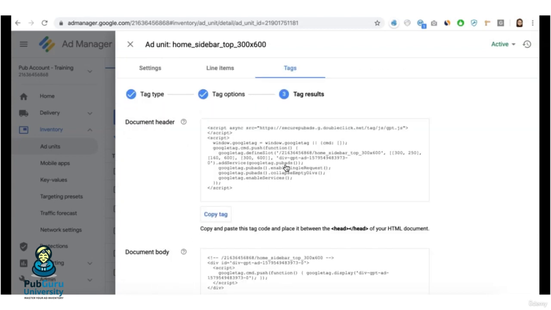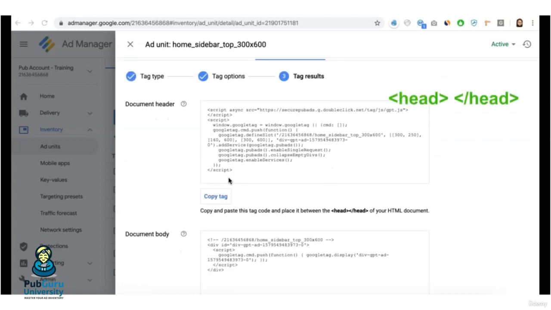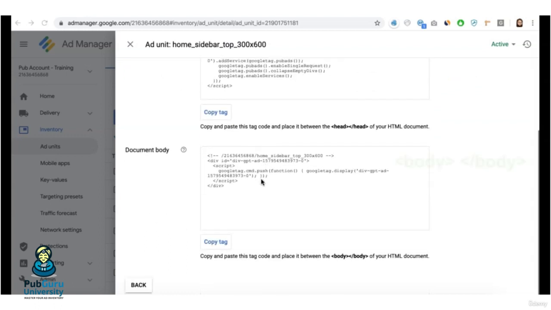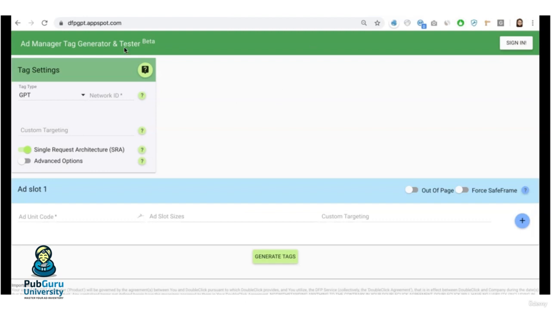Then you have here the header tag and the corresponding body tag. This goes into the head section of your source code, while this one goes into the body section where the ad is supposed to show up. If you'd like to generate multiple ad units at once, there's no option in Google Ad Manager at this point. You have to use the tool